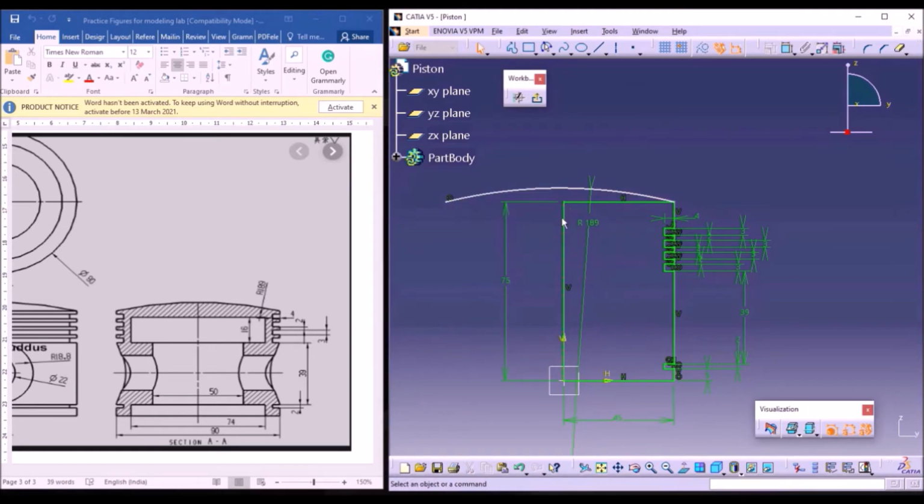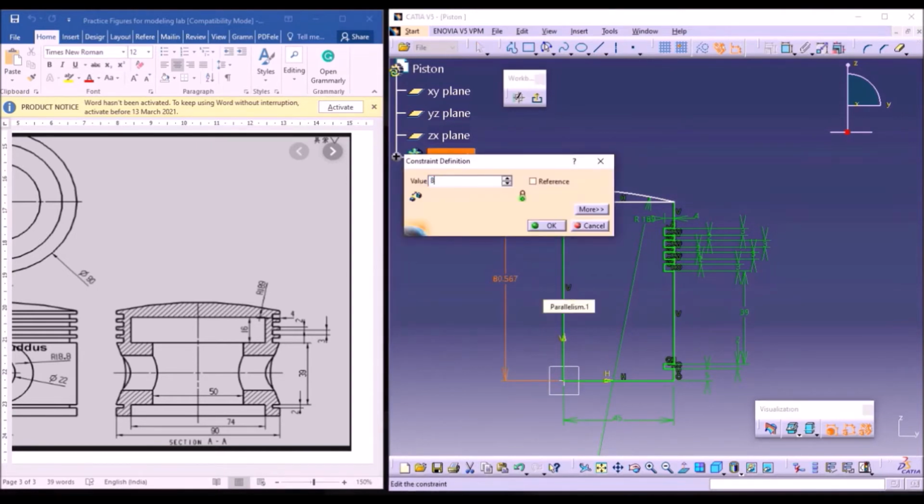Okay, now I'm going to close this arc here. So close this arc by using the profile option. After that we need to remove the unwanted portions here. So use this quick trim option, delete this unwanted arc. But still the arc is not constrained, so I'm removing this dimension. Now give the dimension from this point to origin. Like this. The dimension is varied, so I'm changing it to 80, enter.